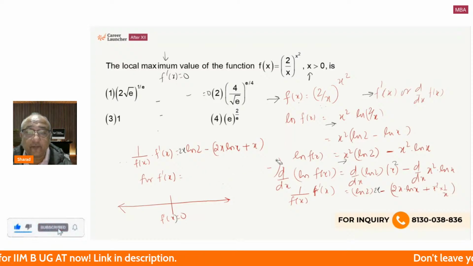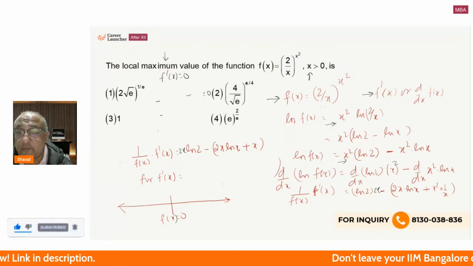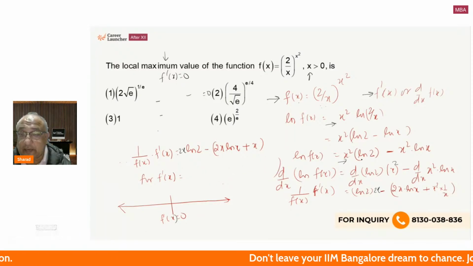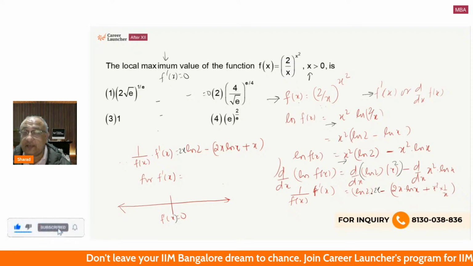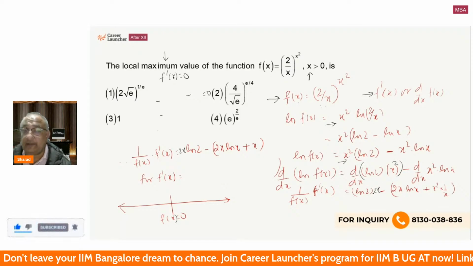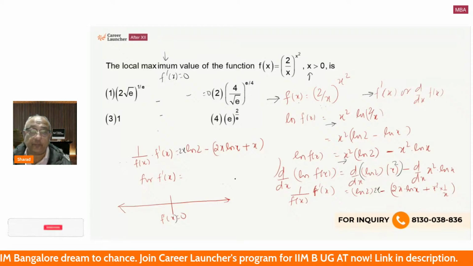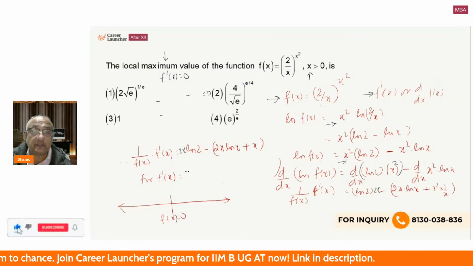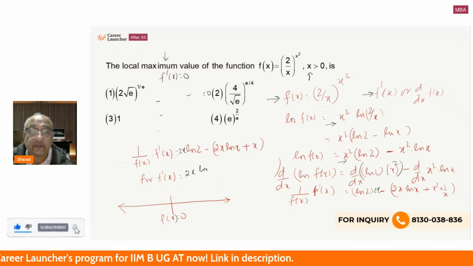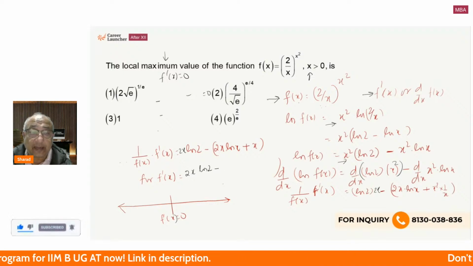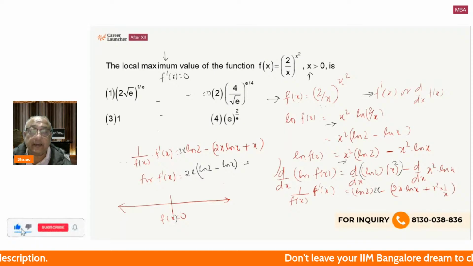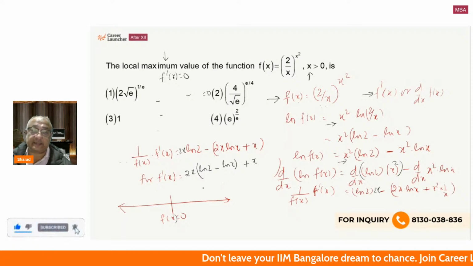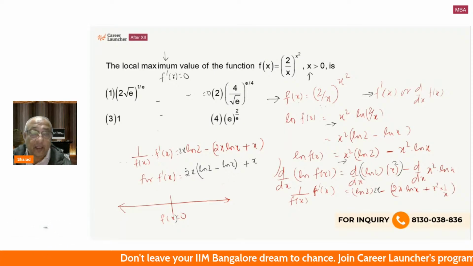So f dash x will get slightly reformatted. Have you understood why I got 2x? Because the differentiation of x square is 2x. It is not 1. If it had been x, then it would be okay, right, bacho? So this is 2x ln 2 minus ln x, plus x into